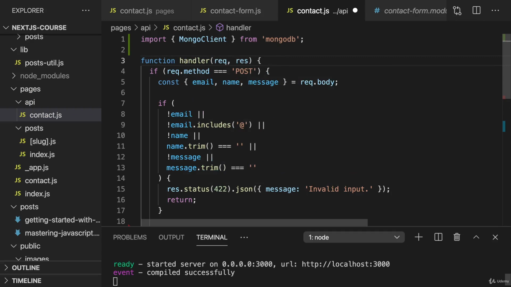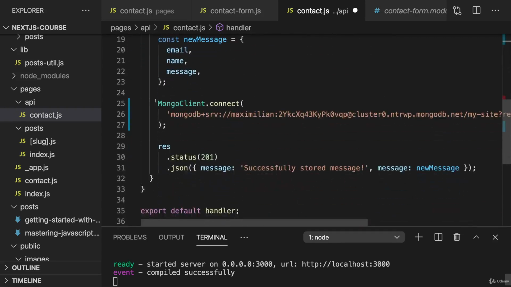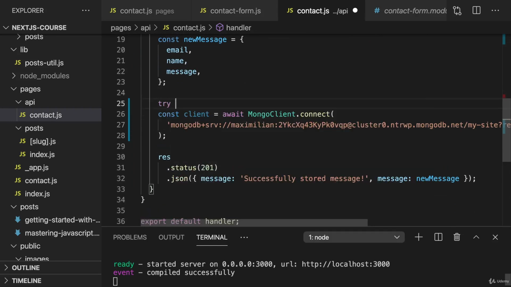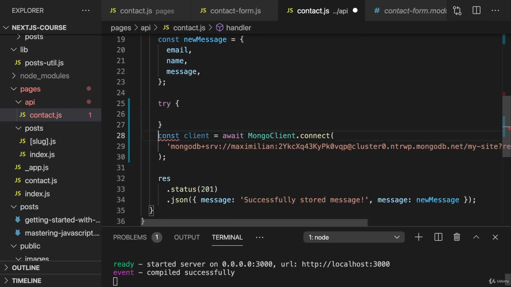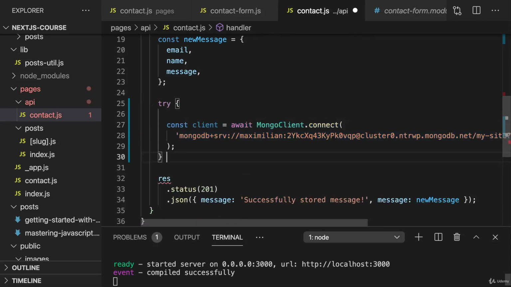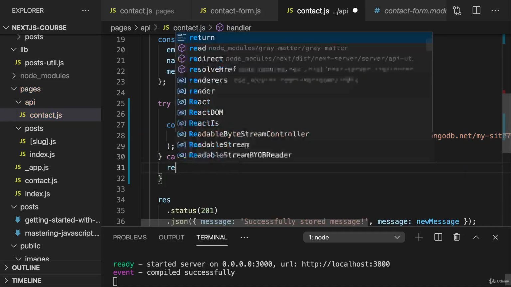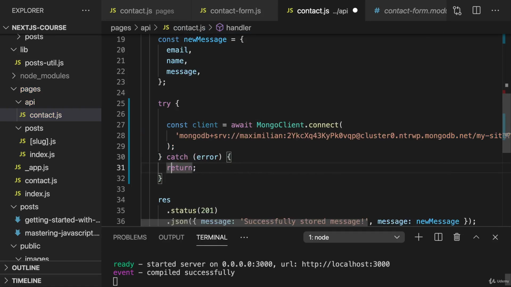So I will convert my handler function into an async function by adding the async keyword, and then we can await this connection here, and we get the connected client once this is done. Now this could fail, so we can already wrap that into a try-catch block, like this, and catch any potential errors we might be getting, to return and not continue with the function execution if we have an error,